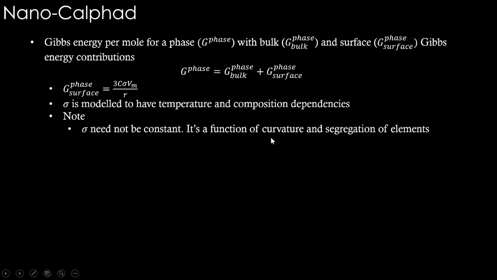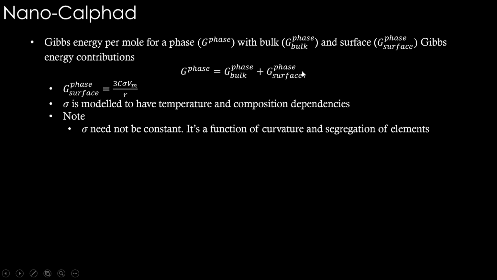If the curvature of the particle changes, the packing of atoms may change, therefore sigma can change. Also, certain elements may preferably sit in the grain boundaries or interfaces. They may also alter the grain boundary energy. If at all this is correctly modeled, with temperature and composition dependencies for this sigma included in this equation and then brought into this Gibbs energy expression in the database, then the entire phase diagram will change, because we have been plotting it only using the bulk Gibbs energy till now.